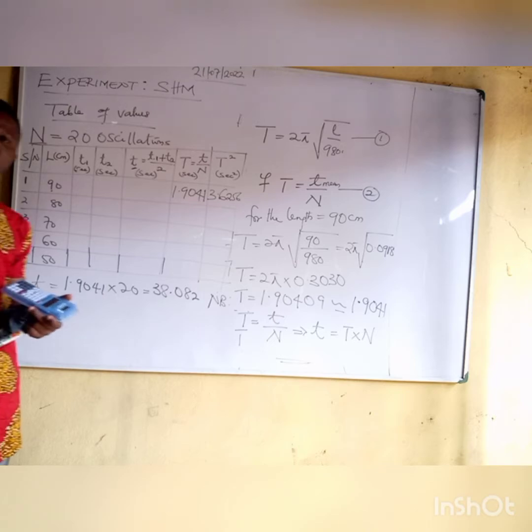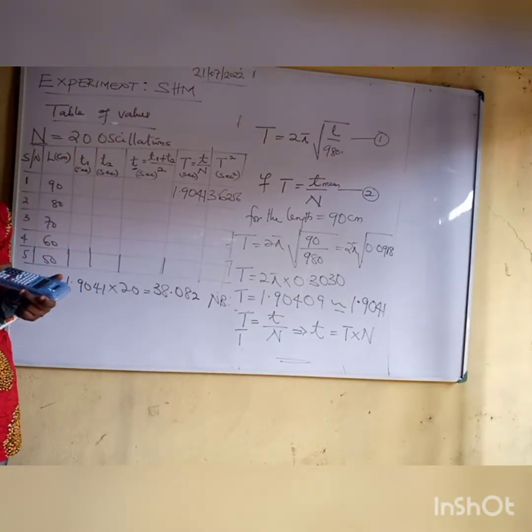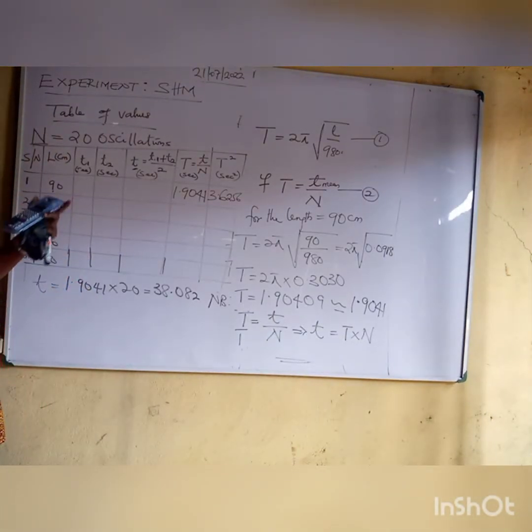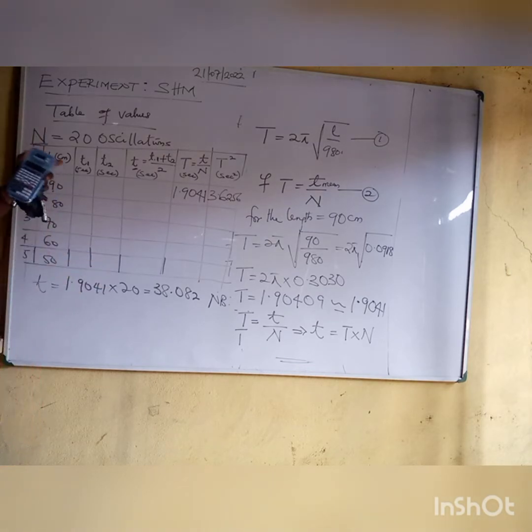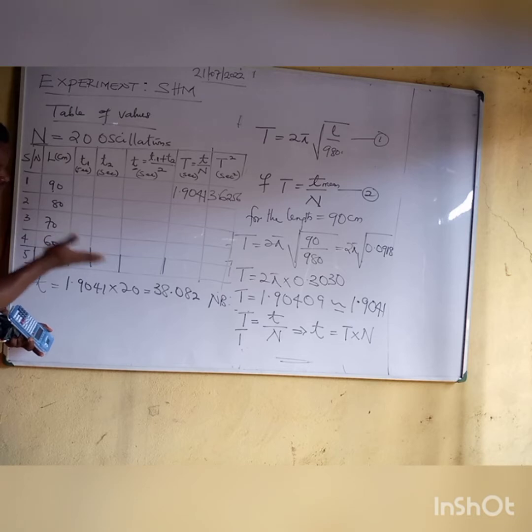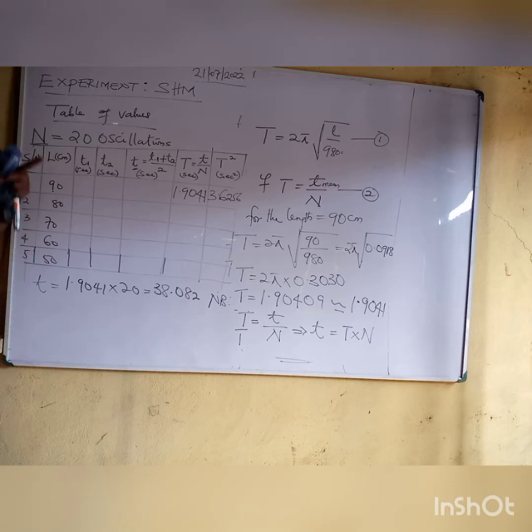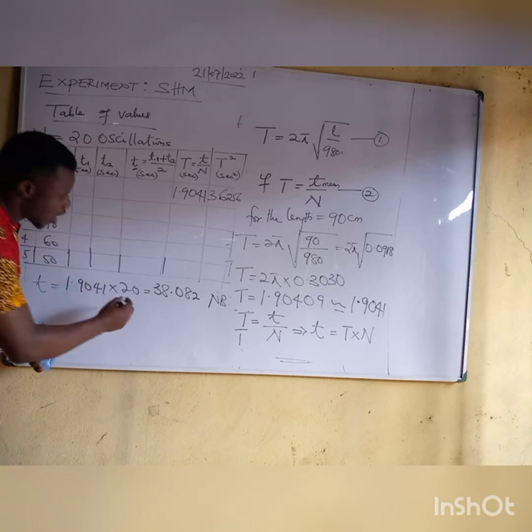What is the standard value or the measurable accuracy of a stopwatch? 0.1 seconds. So in that case, if we are taking any value here from the T mean, remember T mean is gotten from T1 and T2, we are going to take that value as a result of the instrument, which is the stopwatch. So therefore, I can say that